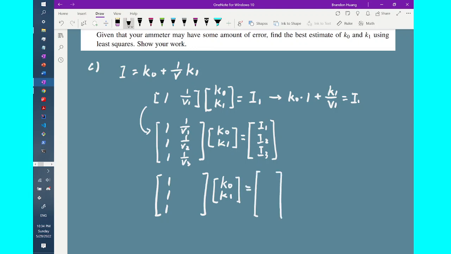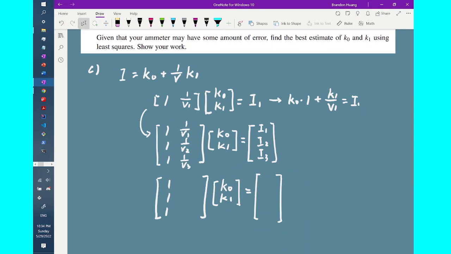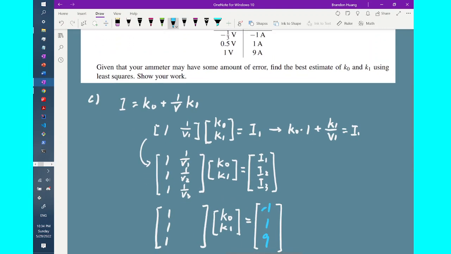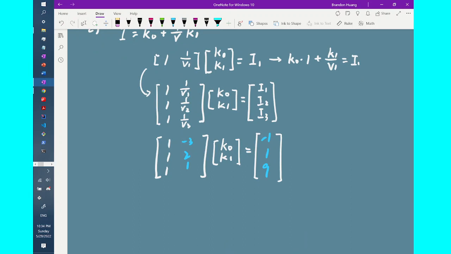So the set of currents I got were -1 amps, 1 amps, and 9 amps. And the set of voltages I got were -1/3, 0.5, and 1. But we need the reciprocals of them, so it will then be -3, -2, and 1. Or actually -3, 2, and 1, since the 0.5 is positive. Okay. And last but not least, we need to change the equal sign here to approximate sign, because we are getting the best estimate of k0, k1, not the actual values of it,